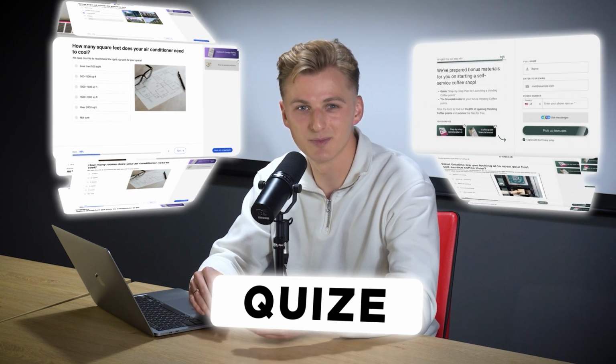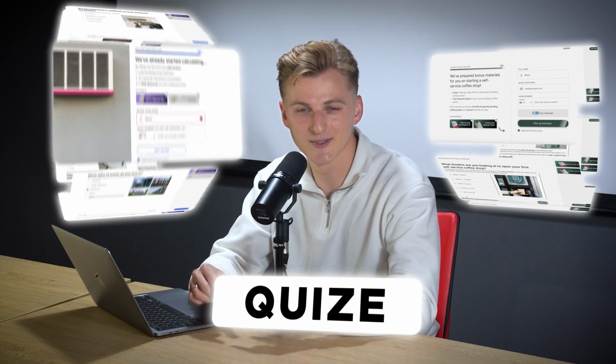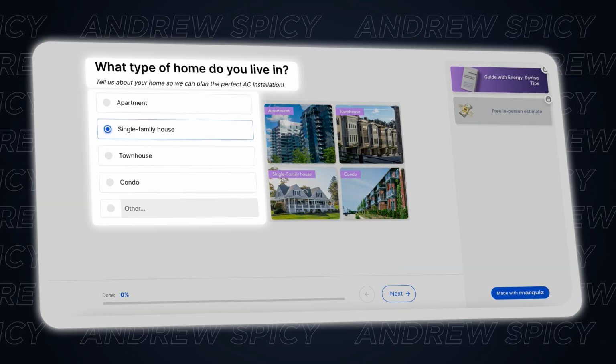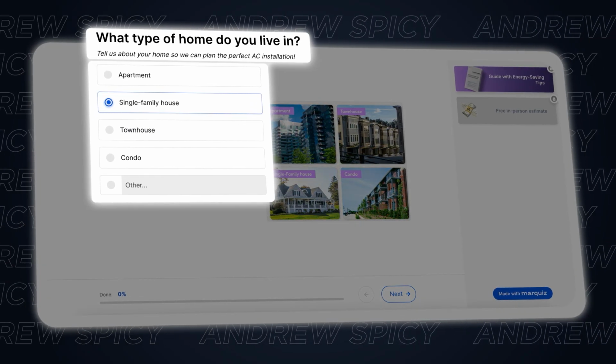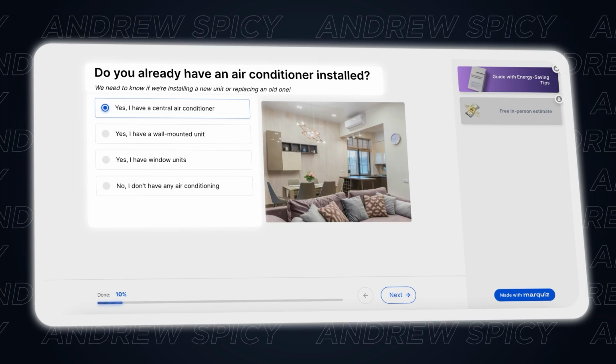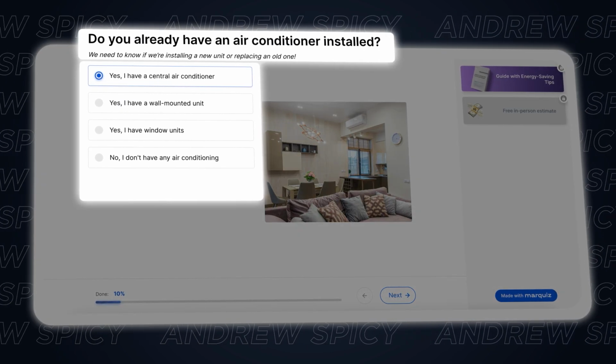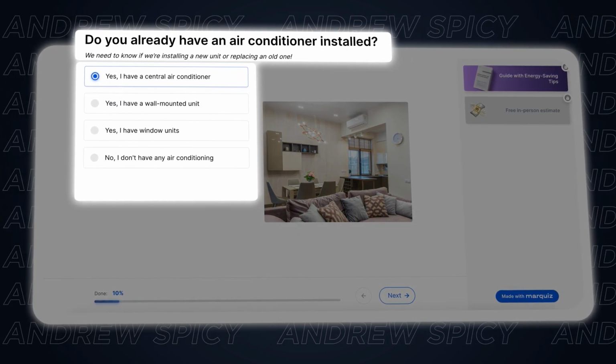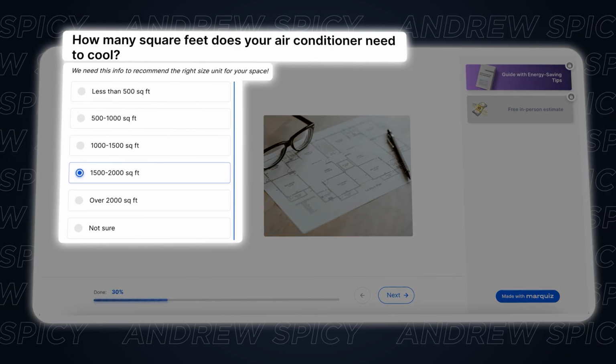A quiz is an interactive test in a fun game-like format. It's like a series of simple questions with a reward for answering them. A quiz not only acts as a landing page, but it's also a warm-up. By answering the quiz questions, your potential client shapes their need. They answer the questions and get a clearer picture of their needs, giving it more definition.